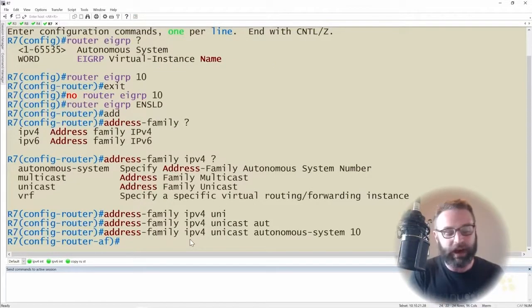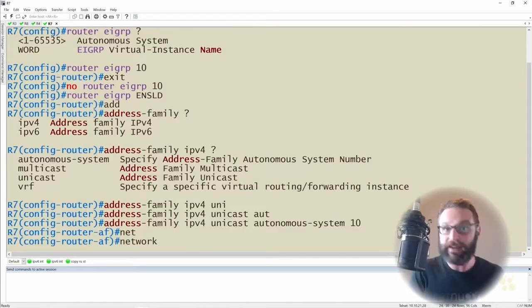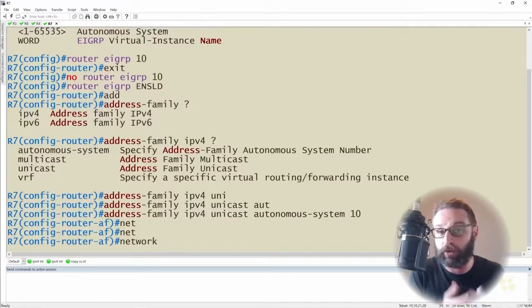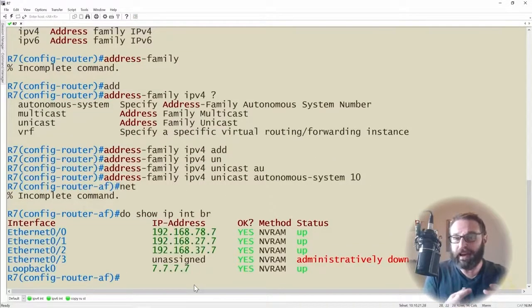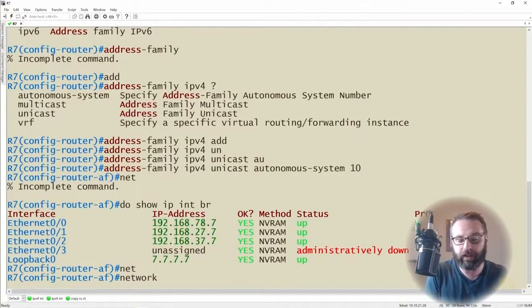Now when it comes time to bring my network to life and bring up some neighbor adjacencies, we use the network statement in order to actually bring these adjacencies to life. So now I see my IP addresses, and we can actually start to enable EIGRP on these interfaces by taking the network statement. But it's really important to understand what the network statement does under the hood. We type the network statement like 192.168.0.0, and then we specify a wildcard mask like